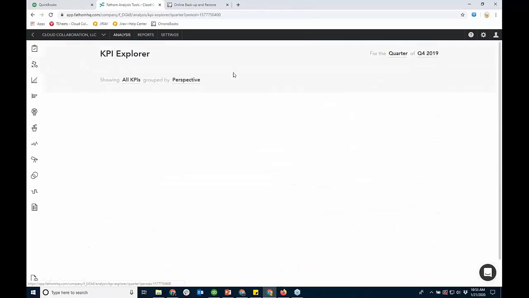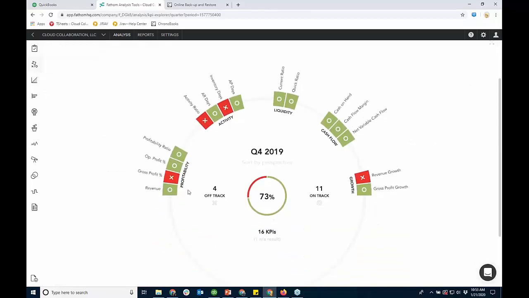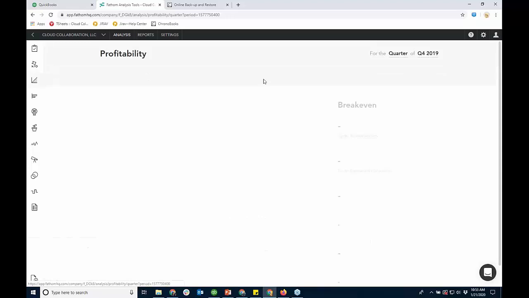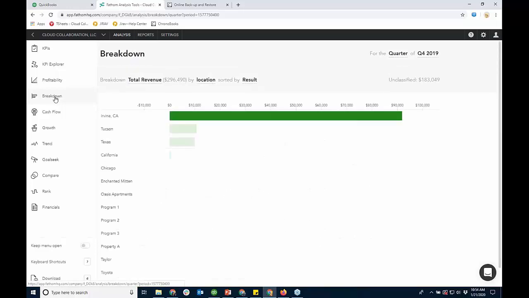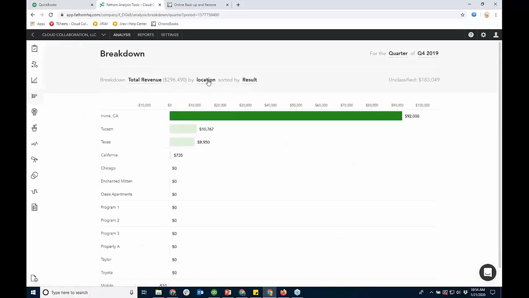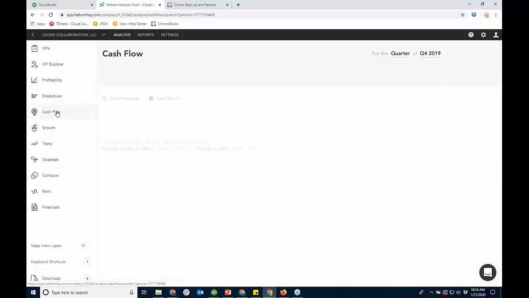This one is a KPI Explorer. And again, these reports are very active. This is profitability. And as I move it, see, revenue minus total cost equals operating profit. I'm going to go up more. That's what I have to have. This is a breakdown, total revenue by location. So this is one of the reports looking at class and location tracking. And then I have cash flow, growth,